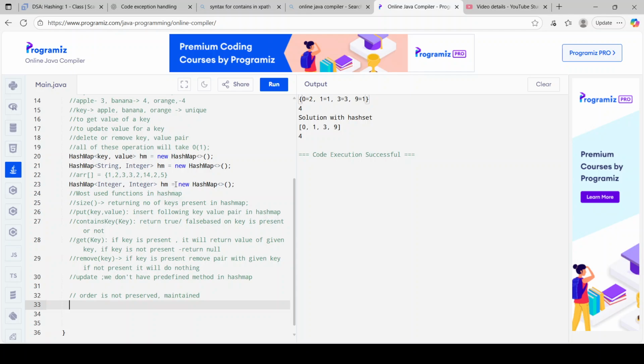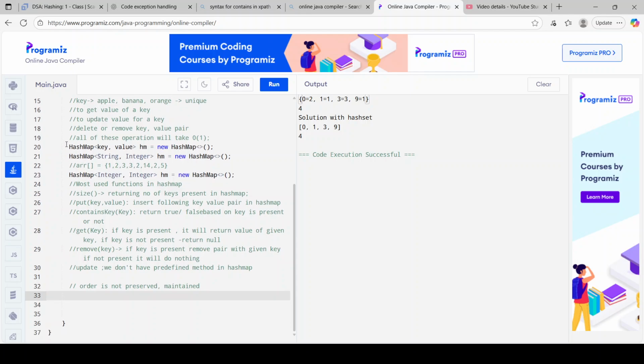So I will take some examples and try to explain what a HashMap is. Let's say I have one HashMap whose key type is integer and value type is integer. First of all I will give you an example of put. Let's say I am trying to put something in the HashMap. How will I do it? hm.put, let's say I put key as 1 and value as 2,